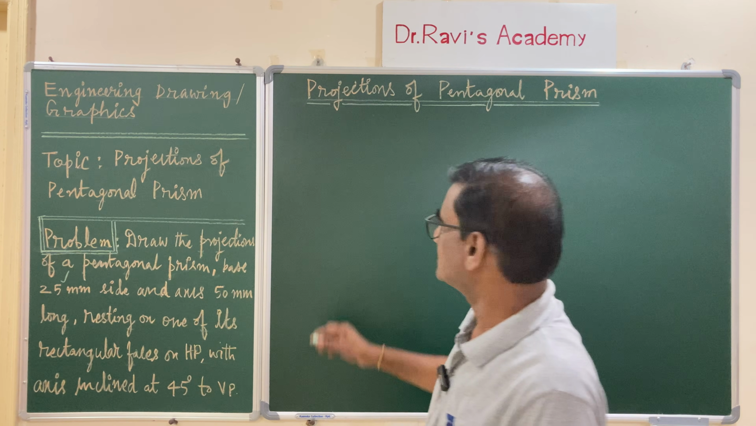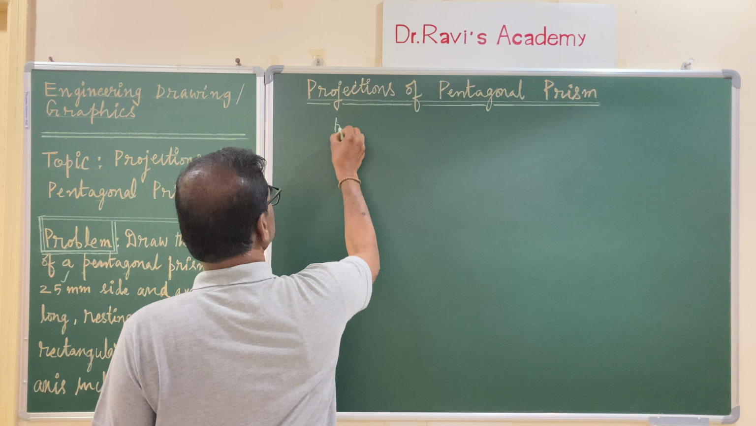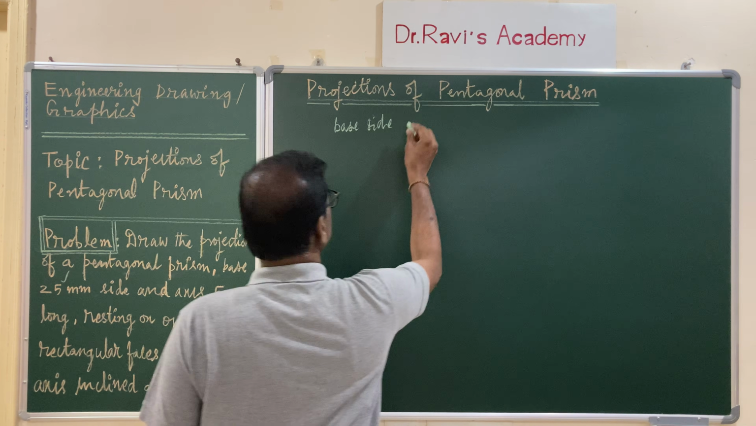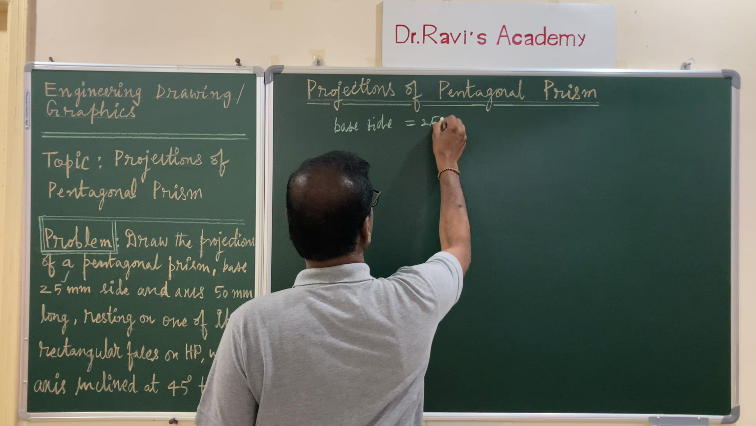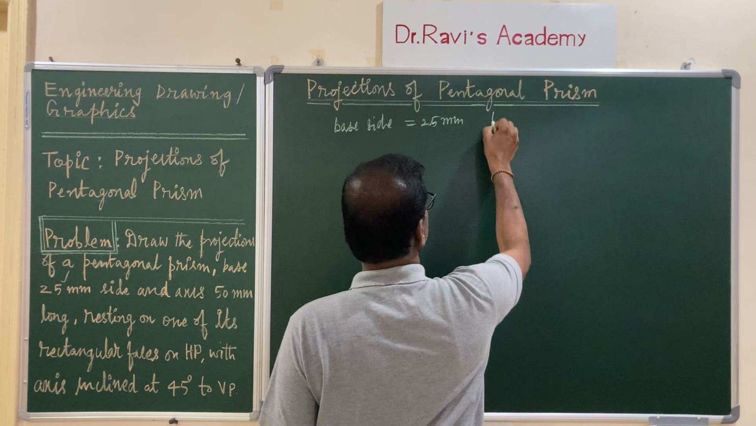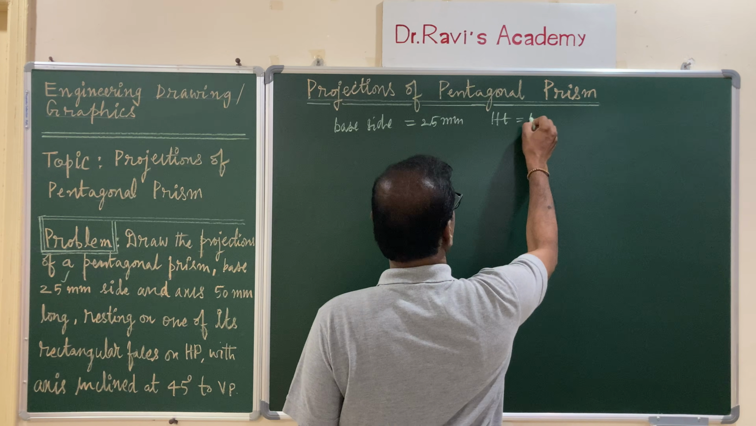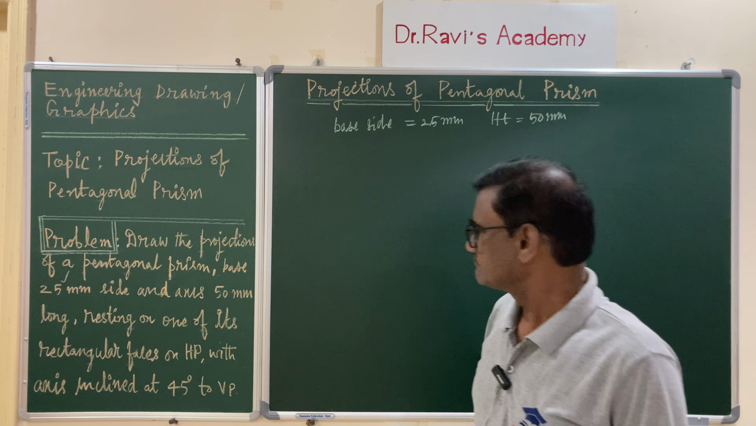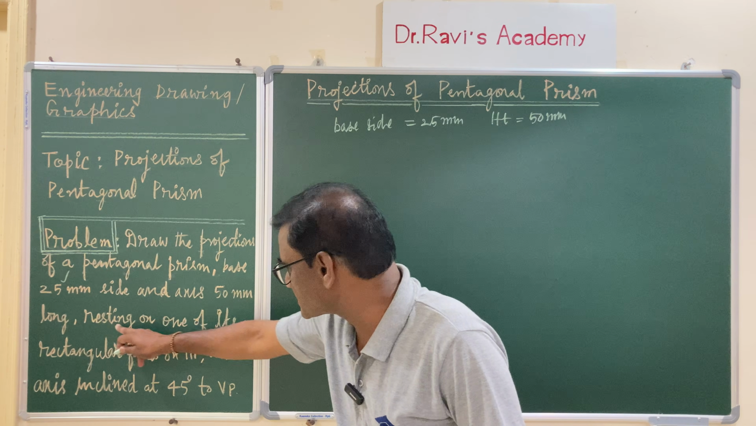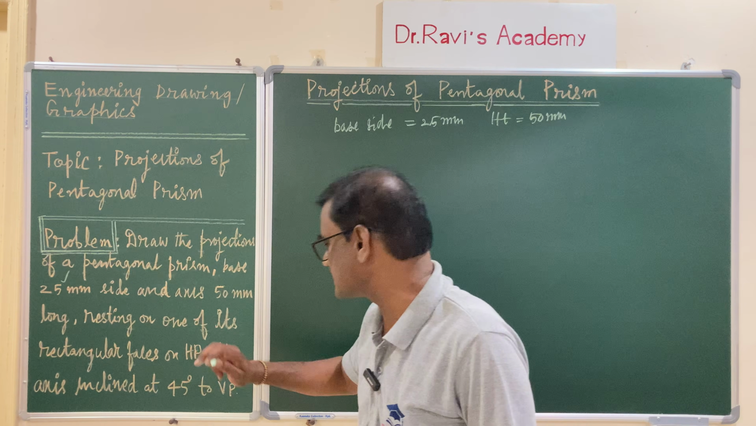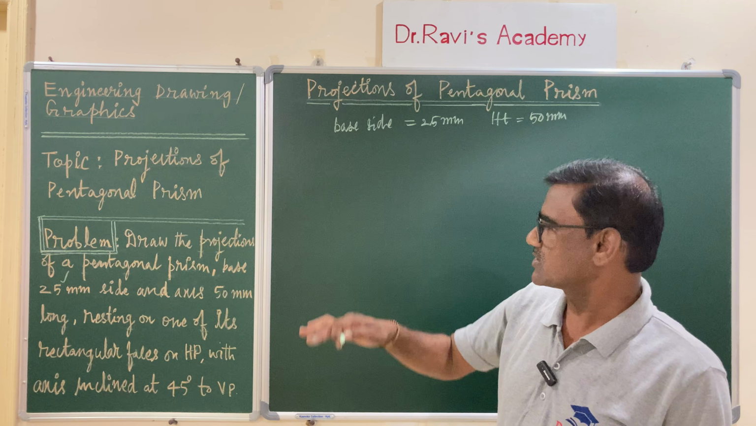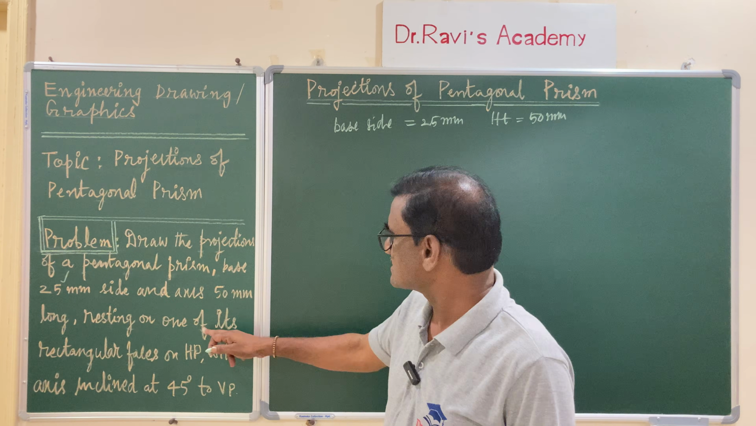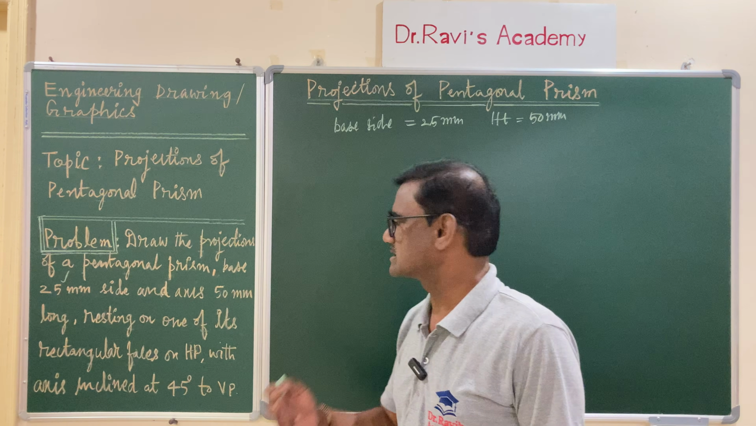So write down: base side is 25 mm, and height is given 50 mm. So this is the given data, and it is said very clearly, resting on one of its rectangular faces on HP. So it is resting on the horizontal plane such that one of its rectangular faces, it is bounded by 5 rectangles,